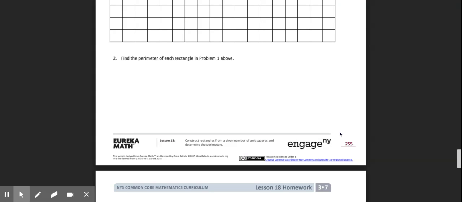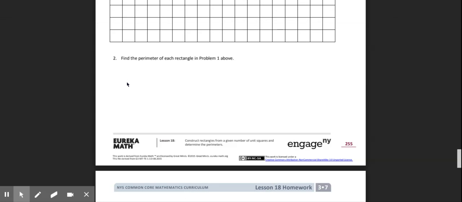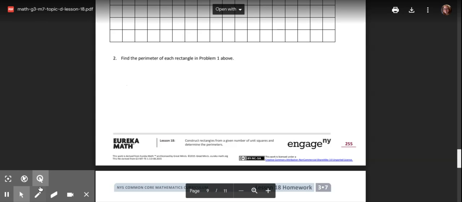Number 2, find the perimeter of each rectangle in the problem above. So I had a rectangle that had sides of 3, 6, 3, 6. And when we find perimeter, we're supposed to add them. So 3 plus 6